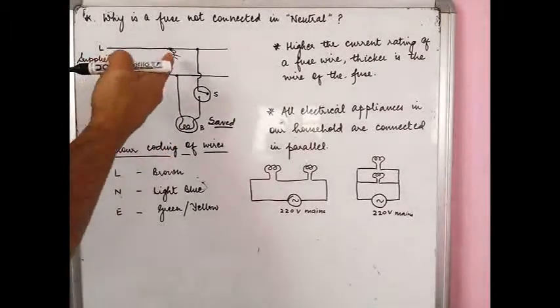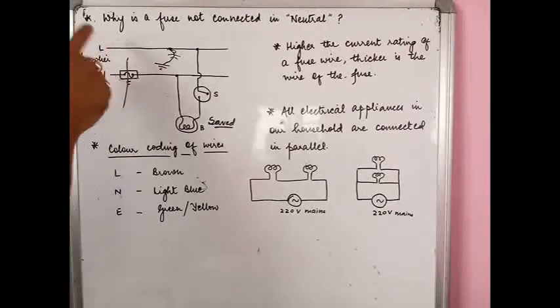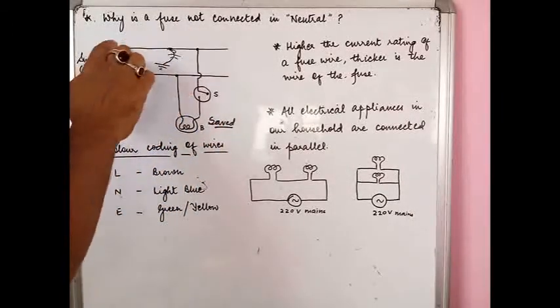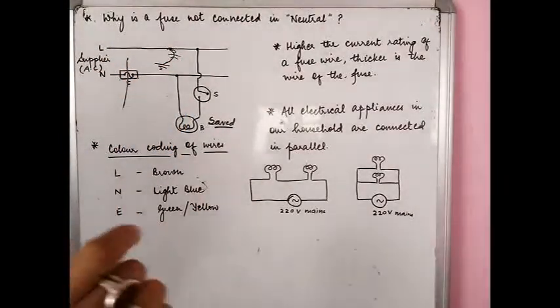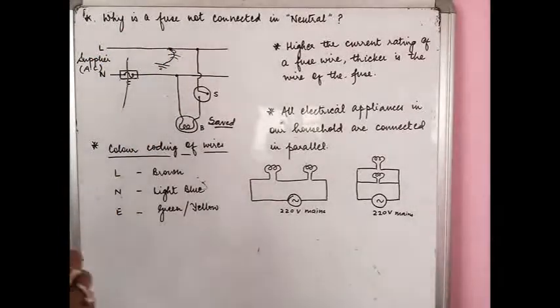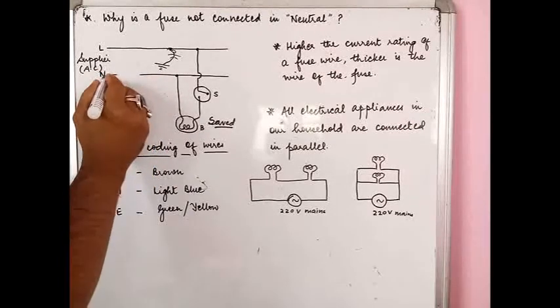Because the child, or whoever the person is who touches by mistake, has his foot on the ground, and the ground provides an earthing. So the electricity which was available through the live wire will have a path to travel back to the earth, thereby completing the circuit, and this person will get a shock. That is why instead of keeping the fuse in the neutral wire, we should always have it in the live wire. Now I'll show you what really happens if you have the fuse in the live wire.